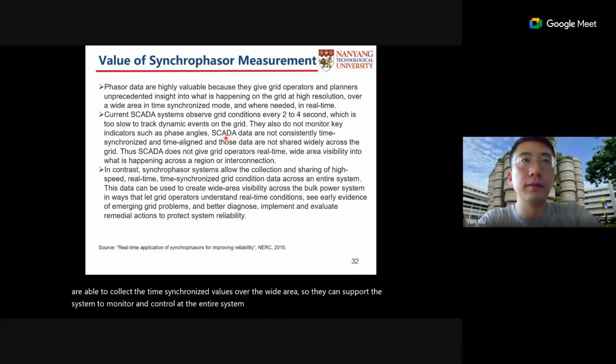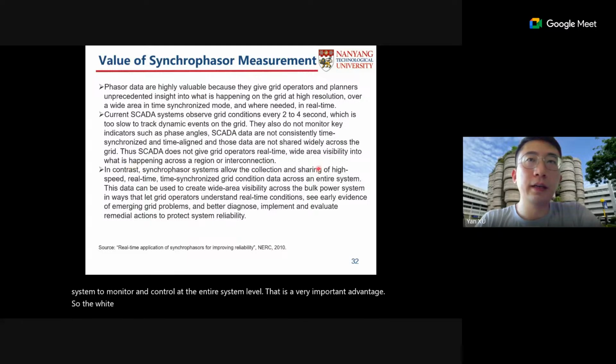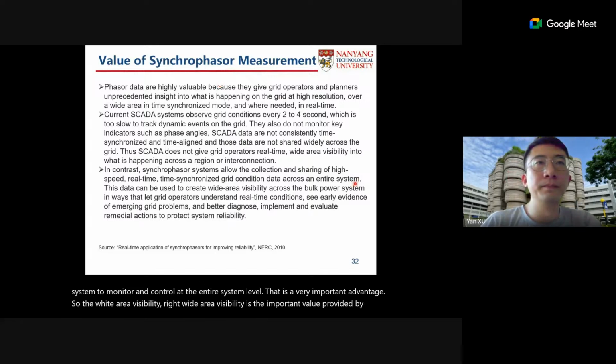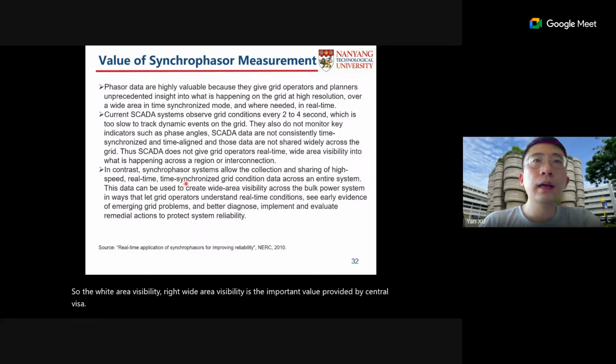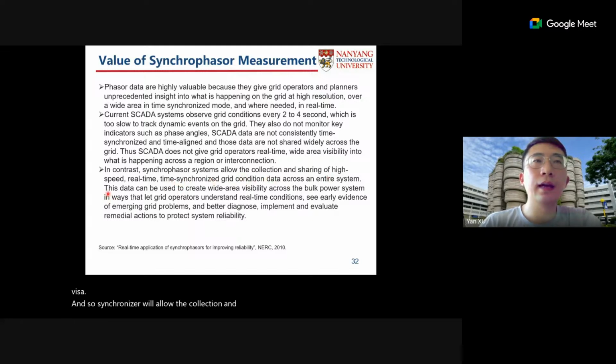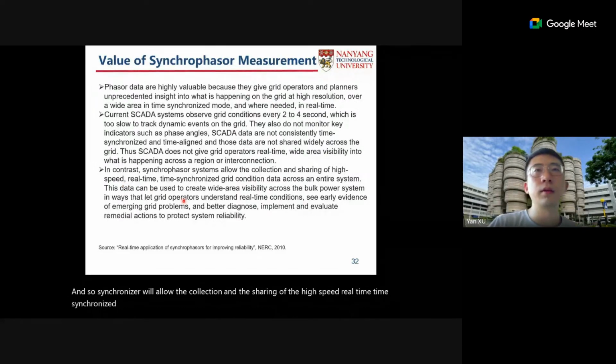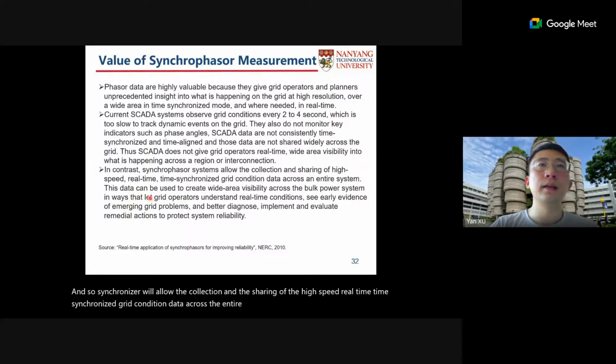That is a very important advantage: wide area visibility is the important value provided by synchrophasors. Synchrophasors allow the collection and sharing of high-speed, real-time, time-synchronized grid condition data across the entire system. This data can be used to create wide area visibility across the whole bulk power system,